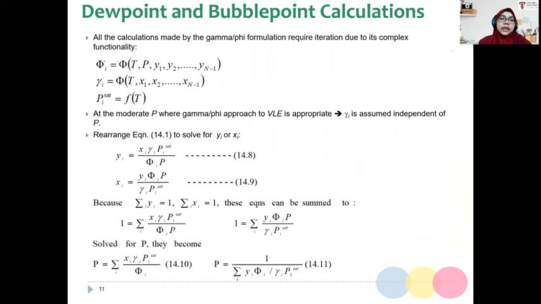The fugacity coefficient and activity coefficient are functions of the temperature, pressure, and composition. They depend on the phase, and the saturation pressure is a function of temperature. So to perform the calculation based on the dew and bubble point, we may introduce the